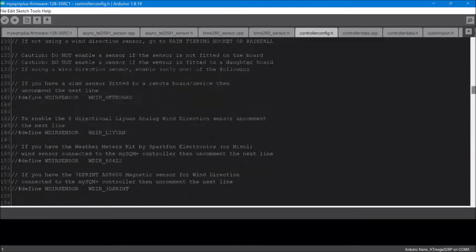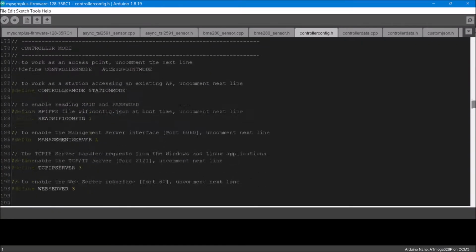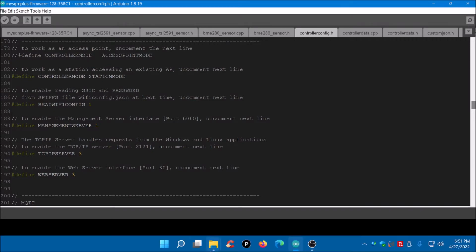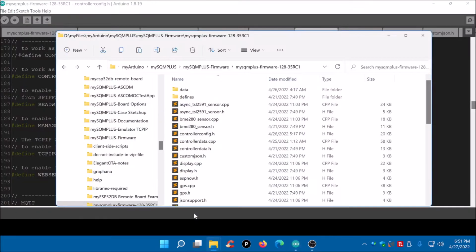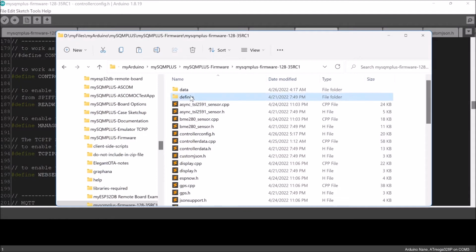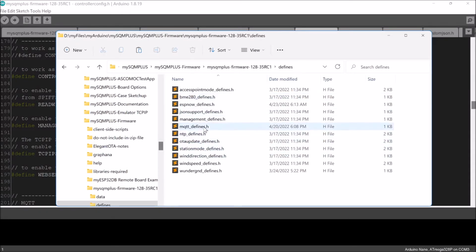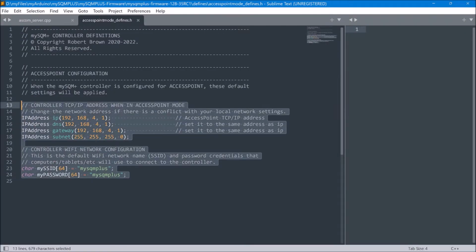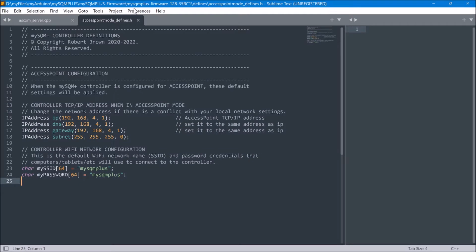So for example, when we have a look at controller mode, there was a lot of settings there, and I did mention that they moved to the defines folder, but I probably needed to be a bit clearer in this. So of course that has to do with access point defines would include the IP address and the SID